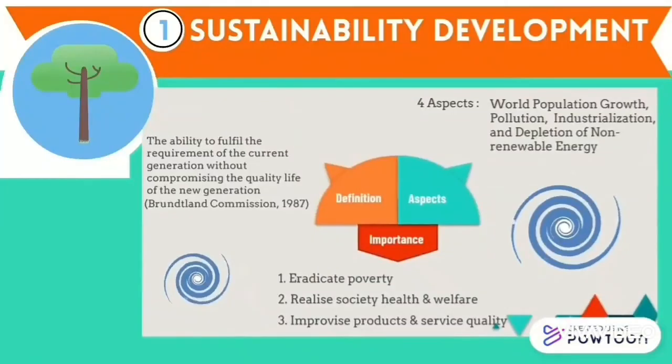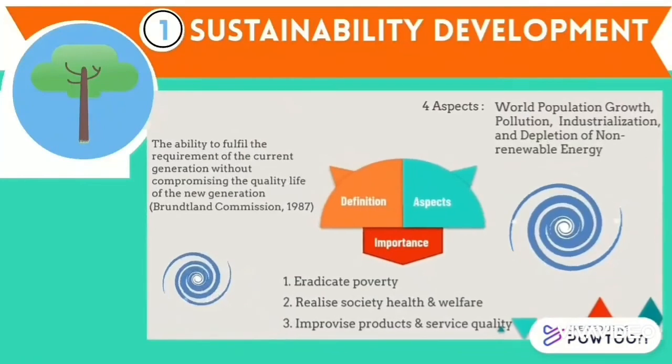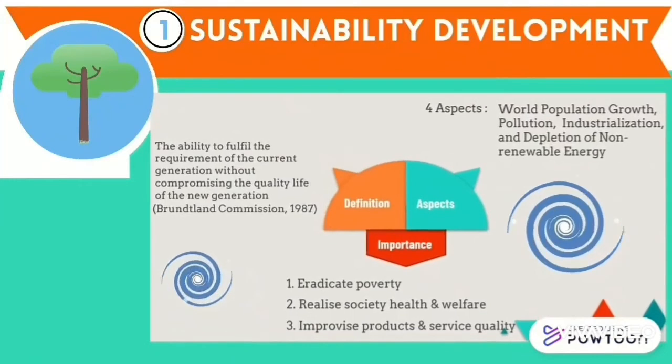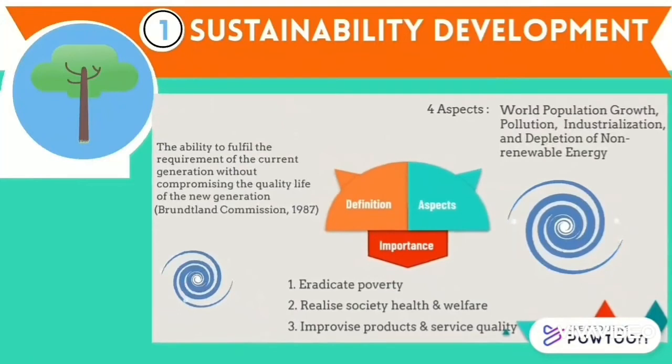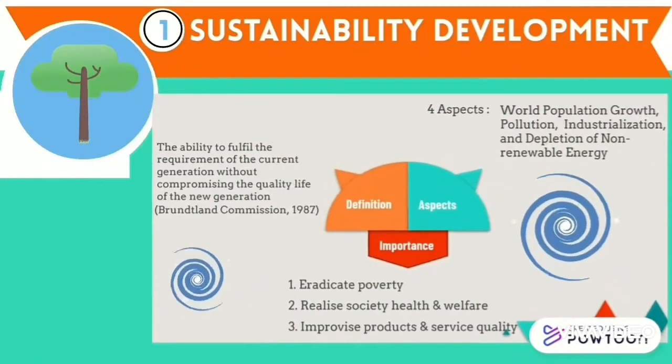Sustainable development. According to the Brundtland Commission 1987, sustainable development is the ability to fulfill the requirements of the current generation without compromising the quality of life of the new generation. 4 aspects which propel the needs of sustainable development are world population growth, pollution, industrialization, and depletion of non-renewable energy. The importance of having sustainable development is to eradicate poverty, to realize society health and welfare, and lastly to improve